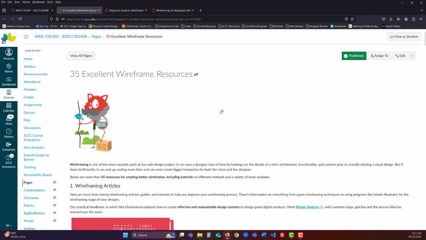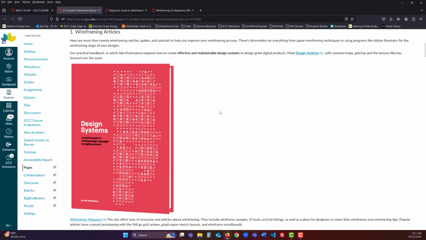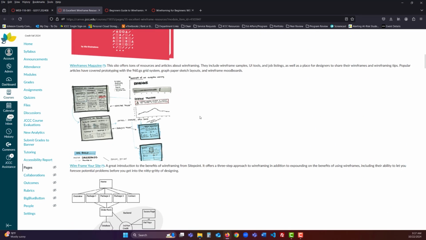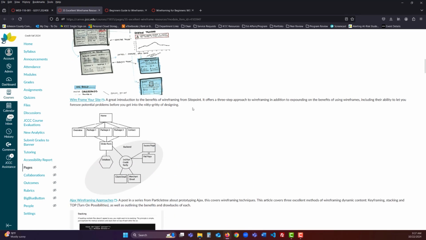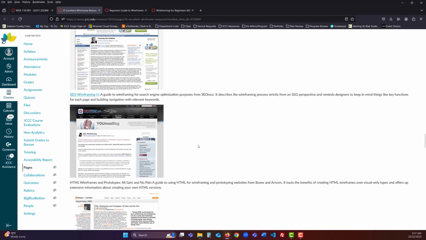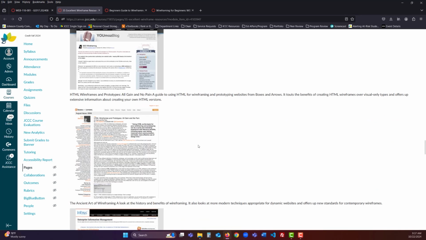So here are 35 excellent wireframe resources. So not just tools, but also resources. So here are wireframing articles, wireframe your site, a bunch of different articles and reading. So this is all optional. I know I have it